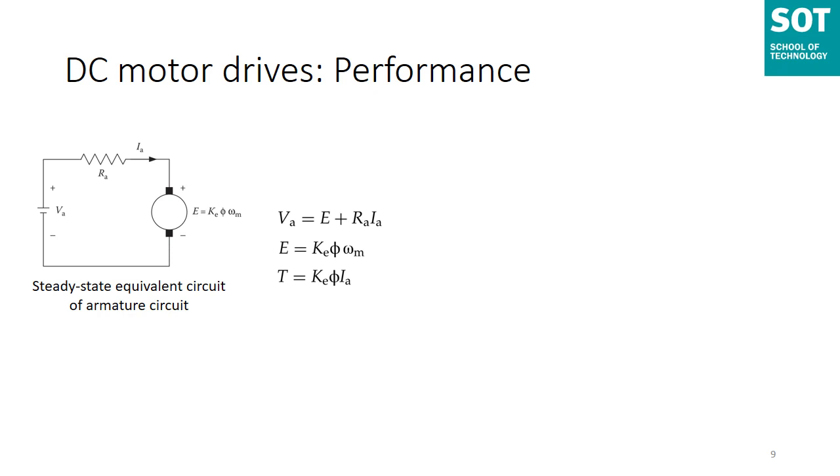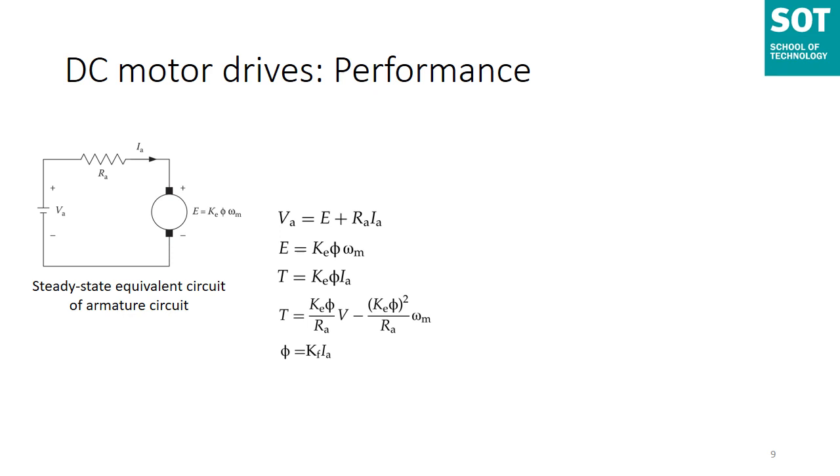Now from these equations, what we can obtain is the expression for torque in this manner. Do note that all these equations are applicable to all DC motors, namely separately or shunt excited, series and compound motors. In the case of separately excited motors, if the field voltage is maintained constant, one can assume the flux to be practically constant as the torque changes. In this case, the speed torque characteristic of a separately excited motor will be a straight line.